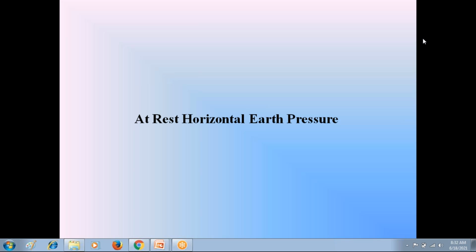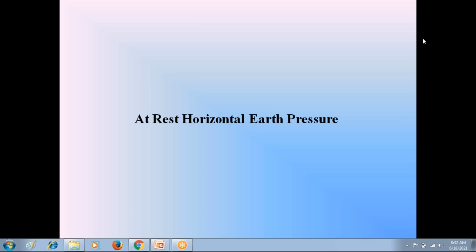So sigma H is equal to mu into sigma V plus sigma H. Expand this right hand side: that is equal to mu into sigma V plus mu into sigma H. Bring that mu into sigma H to the left side. So the left side is sigma H minus mu into sigma H. Take sigma H common on the left side. So the left side now becomes sigma H into 1 minus mu, is equal to, on the right side, mu into sigma V. Bring this sigma V to the left side, 1 minus mu to the right side. You will get the ratio sigma H by sigma V is equal to mu by 1 minus mu.